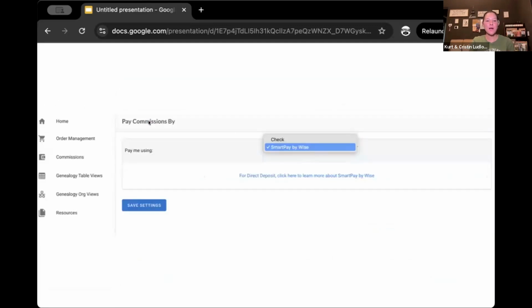Next, if you do have someone that doesn't want to do direct deposit, people just have different preferences. So if they do want to change from direct deposit to check, all they have to do is click on commissions, click pay commissions by, click on this toggle here and switch it to check and save the settings. And just so you know, once you switch it to check and save the settings, there will be a little box right here that tells you the name and the address that it's going to be